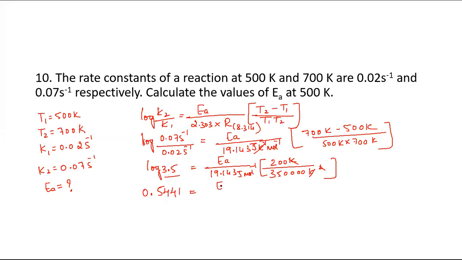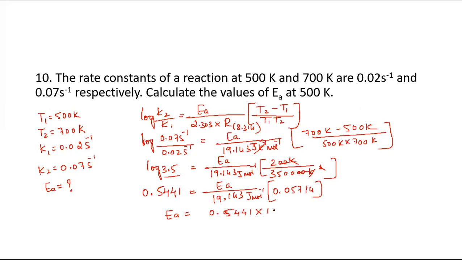Is equal to EA divided by 19.143 joule per mole. Okay, so here 2 zeros cancel. Solve step by step like this, it's fine even if it consumes time, until you have practiced with this problem. Calculate slowly, it's okay. EA is equal to, now let us rearrange this. EA is equal to